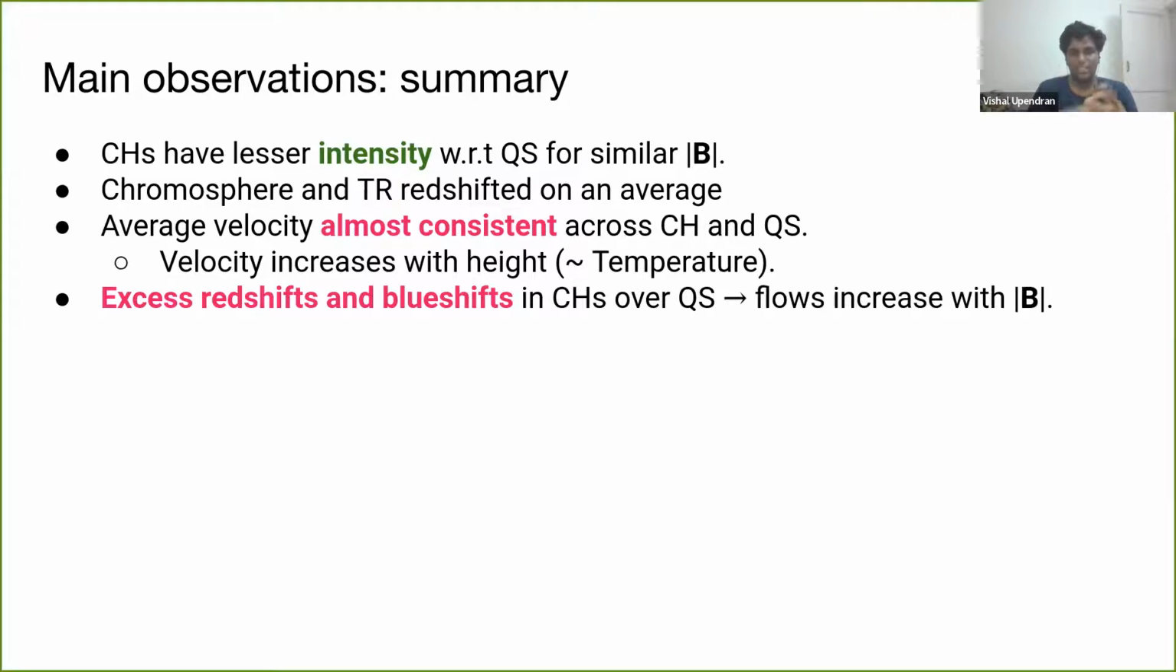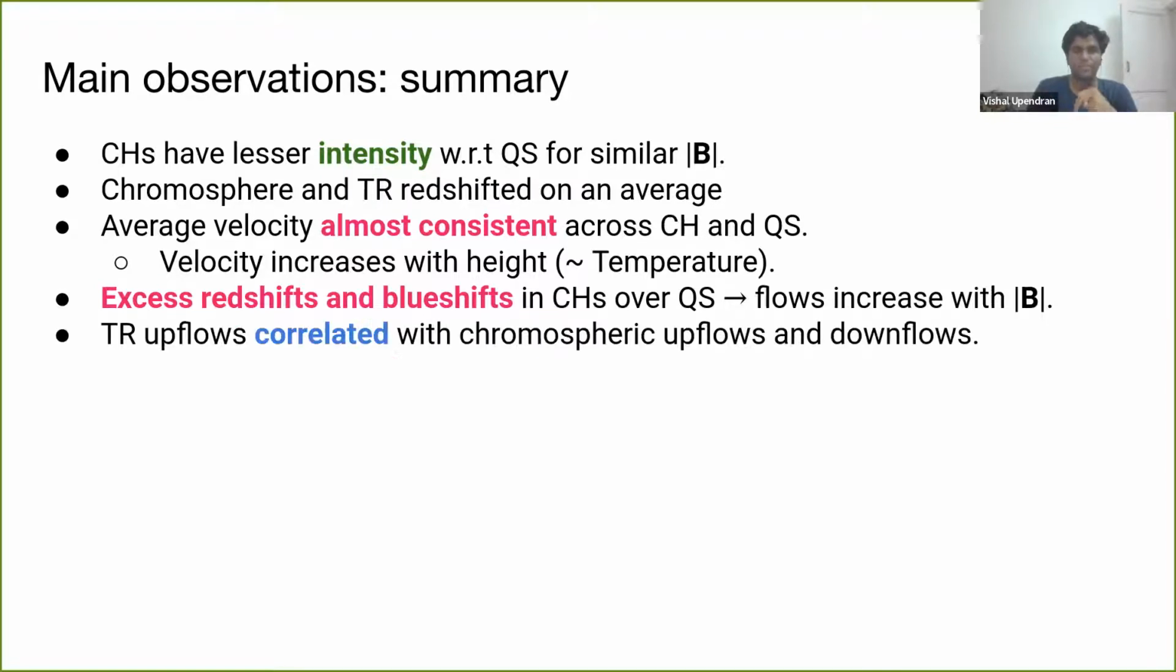The excess coronal holes exhibit excess redshifts and excess blueshifts over quiescent in the chromosphere, but the excess redshifts are not shown in the transition region, and these flow velocities increase with magnetic flux density. The transition region shows correlated flows with the chromosphere, and the upflows in the transition region are well correlated with